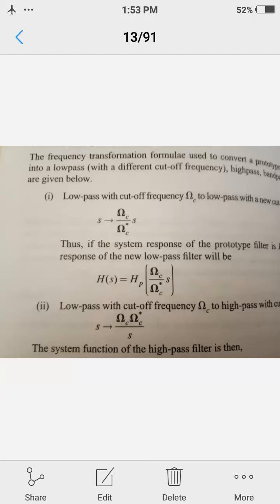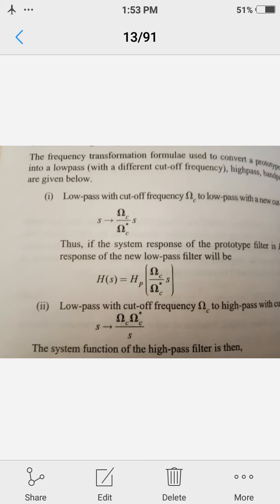So how can we perform this? By using frequency transformation. There are two types of frequency transformation possible: analog frequency transformation and digital frequency transformation. First we will be discussing the analog frequency transformation, then we will see the other one. In the analog frequency transformation, the analog system function HP(s) of the prototype filter is converted into another analog system function H(s) of the desired filter. Then using any of the mapping techniques, it can be converted into a digital filter having a system function H(z).